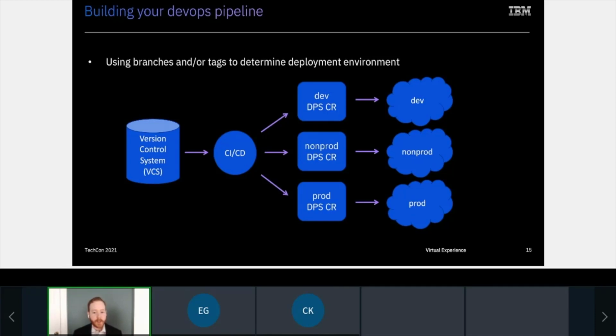All right, so getting back to the pipeline here, one thing that is really neat about moving to a version control system and starting to work with pipelines to deploy your configuration and your DataPowers is that it allows you to very easily separate your deployments. So you can have a version control repository. Let's just use GitHub, for example. You could have a GitHub repository that has your DataPower config. It could have 10 domains in it, a bunch of services in all those domains, and say as you iterate